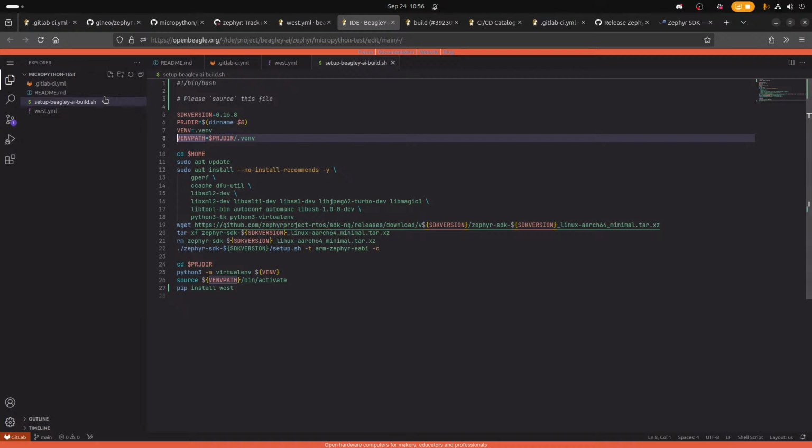So, yeah, we're going to put the west YAML into a subfolder. We need something like just a regular convention that we're going to have. Manifests?